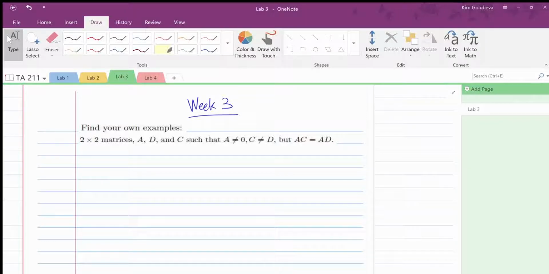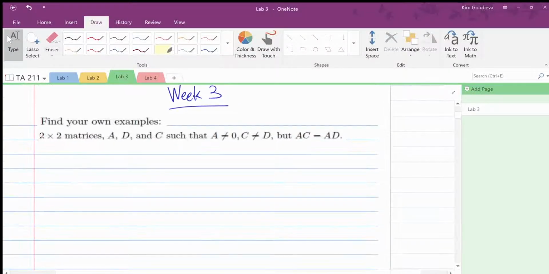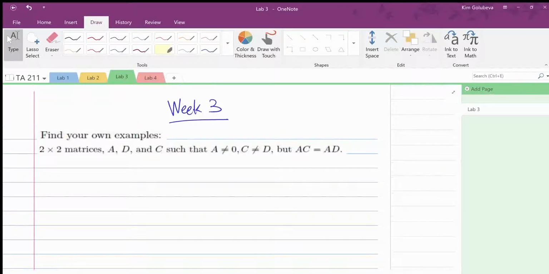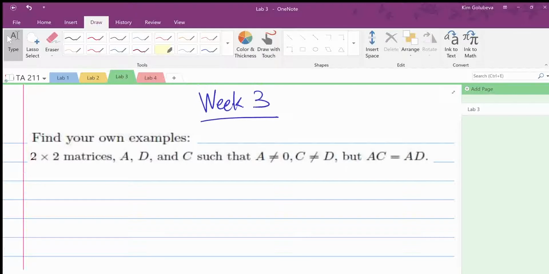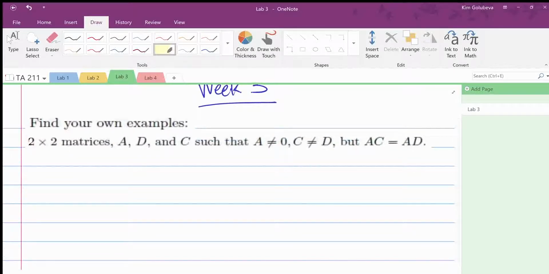In this video, we'll be going over the solutions to lab problems from week 3. Now, this one is focused on inverses and transpose and doing some proofs with their definitions. So, first question here is asking us to find 2 by 2 matrices A, C, and D